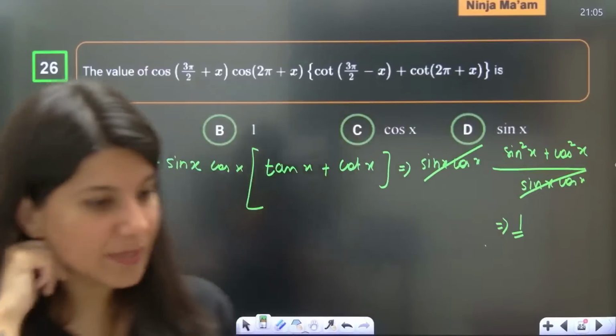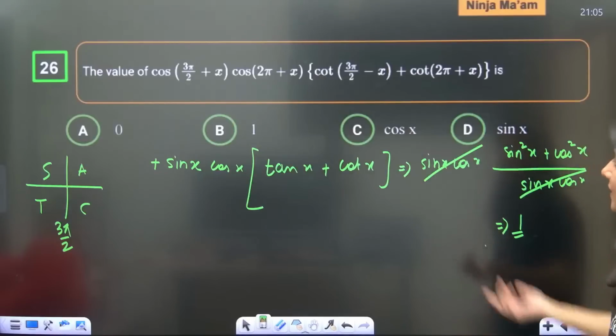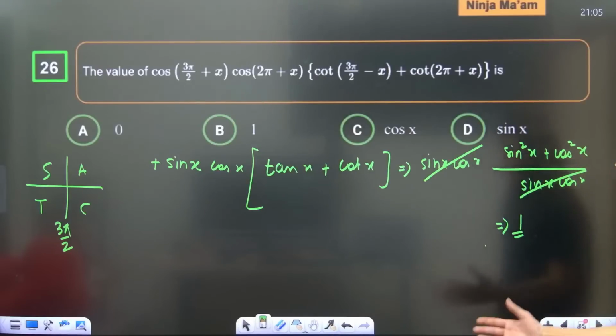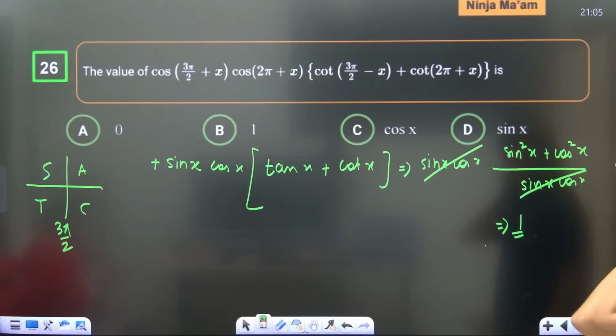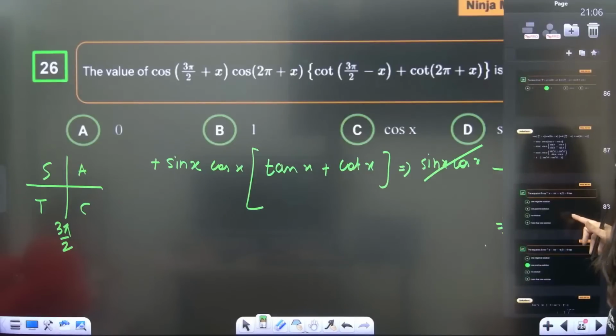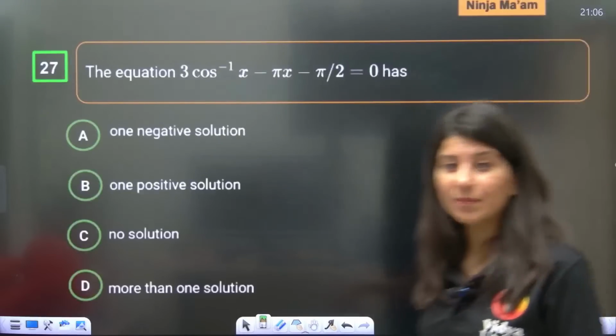All right, doable question again. This is again a very good question. In fact, I feel you can put x equals 0 and check what is going to happen. Put x equals 0, then cos 3 pi by 2. Sorry, you cannot put. Just solve it, it's much better. Now, yes, this type of question may also come, but you need to know